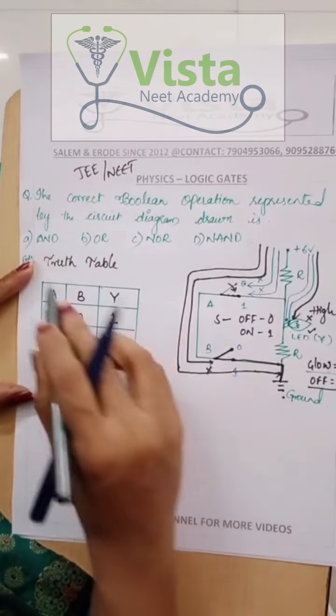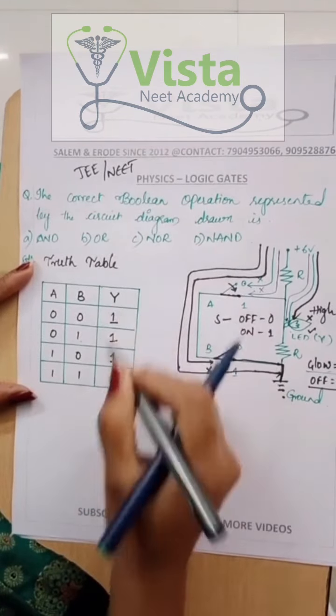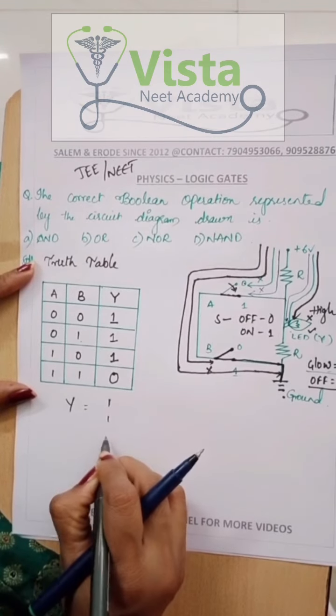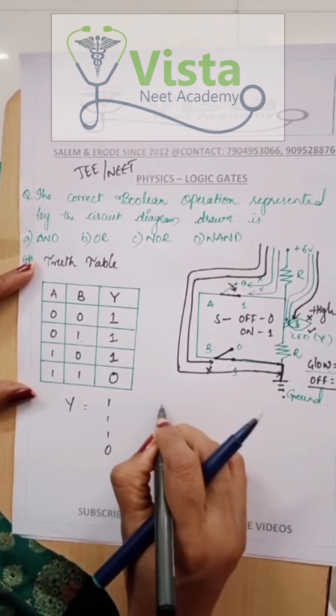Now let us check out according to the options. The output will be equal to Y is equal to, we are going to take 1, 1, 1 and 0. Actually if it is not 0,